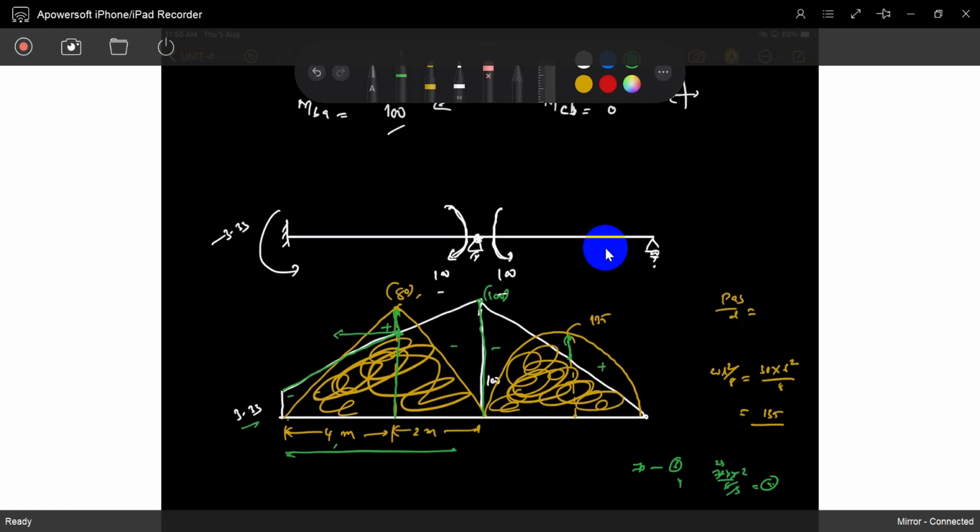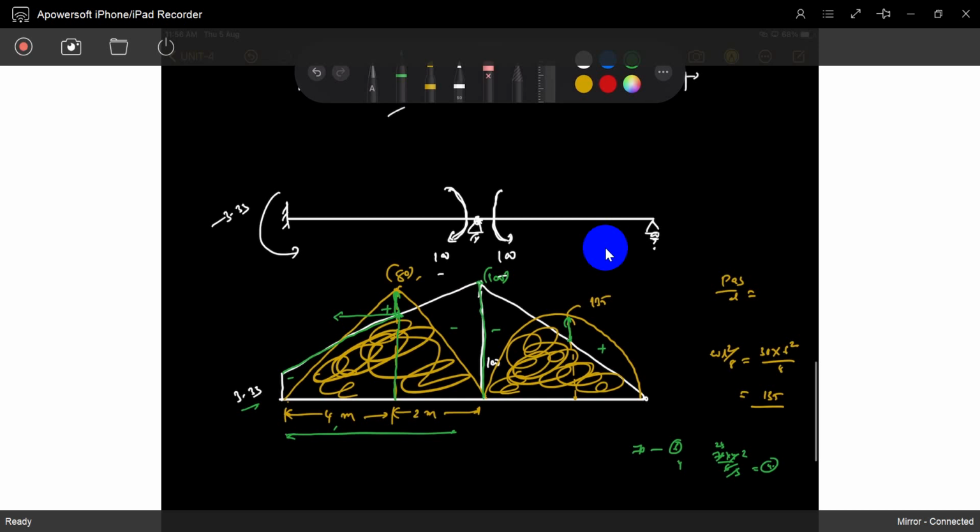Wait, for 6 meters is 70 the change? No, 70 is not. So what is the change? It is 3 to 100, so 97 is the change. 3 to 100 is changing over 6 meters, so 97 is the change for 6 meters.